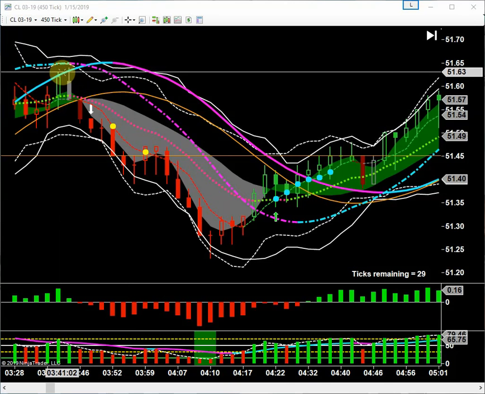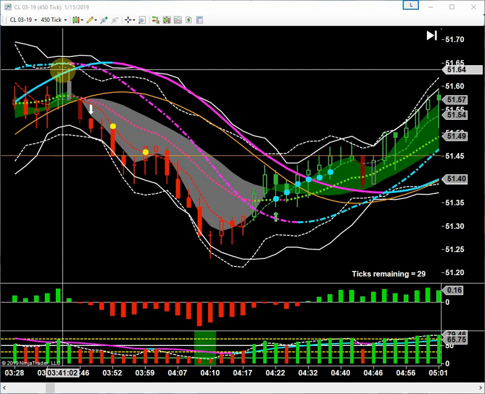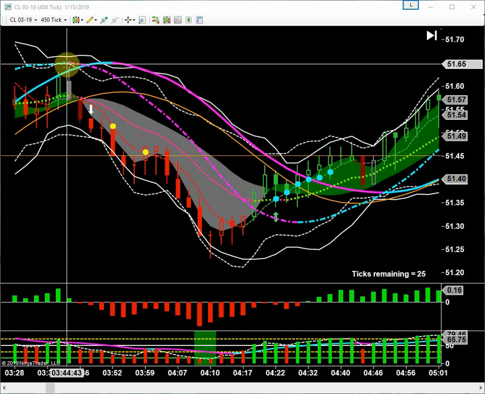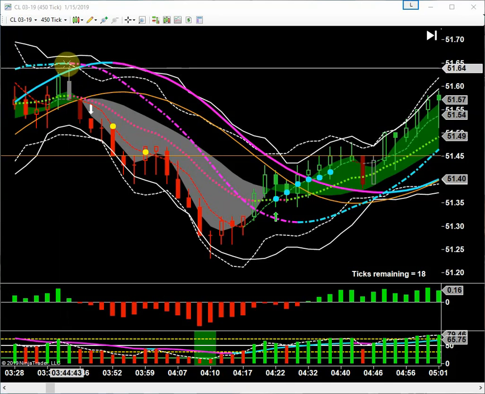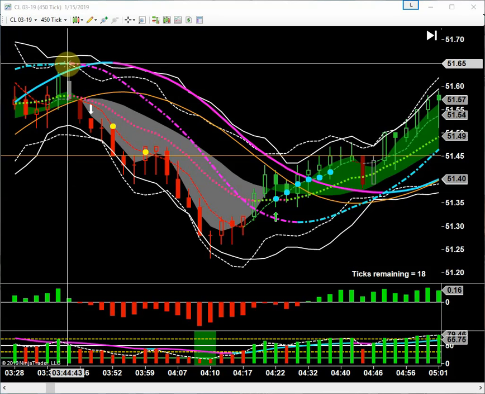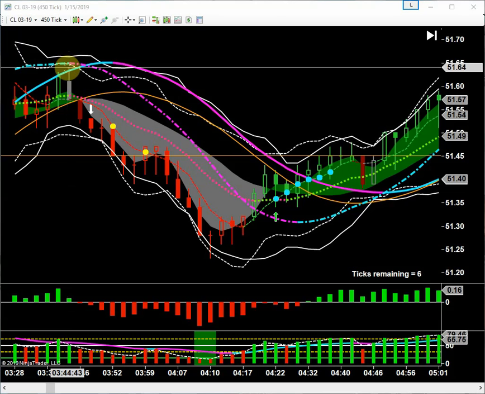See where I put my cursor up there, and you see 63, and if I push it up to number 1 here, or dynamic trend band number 1, you see 65. So that's 2 ticks. That's what a 2-tick spread looks like. Now you can just eyeball it and everything, but we're very specific that it's 2 ticks or less, and then